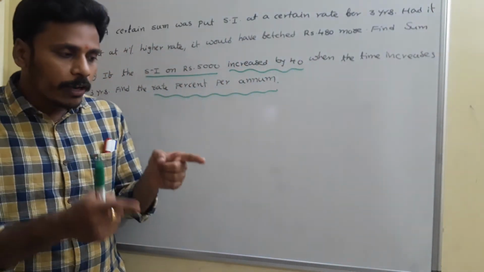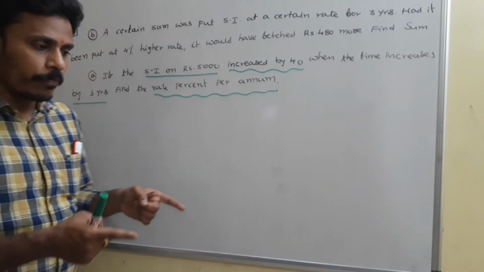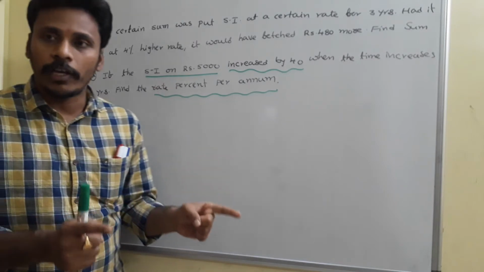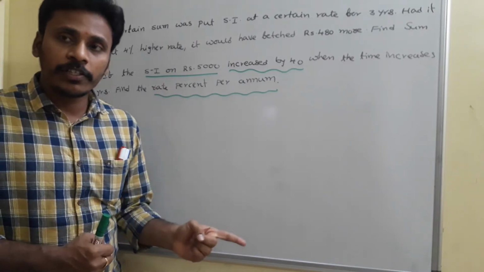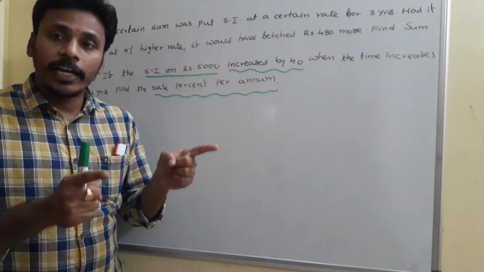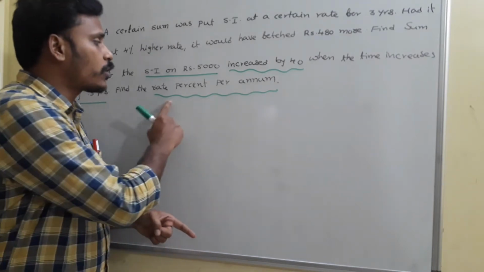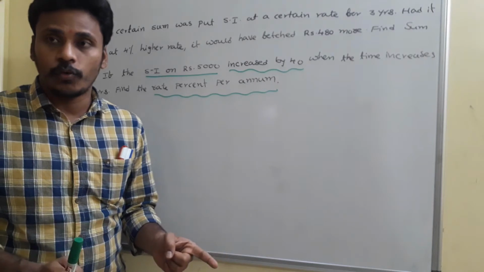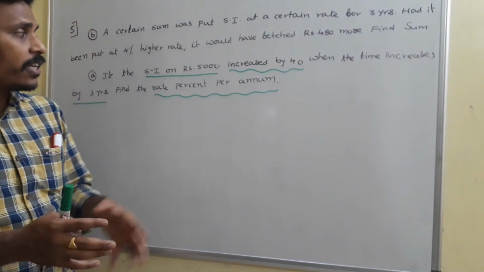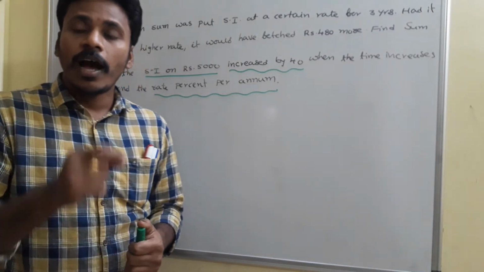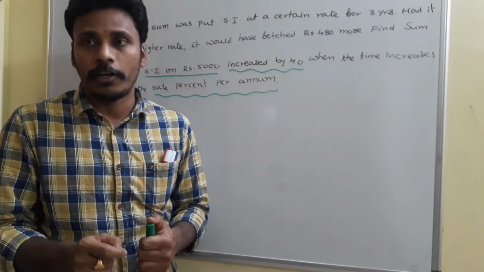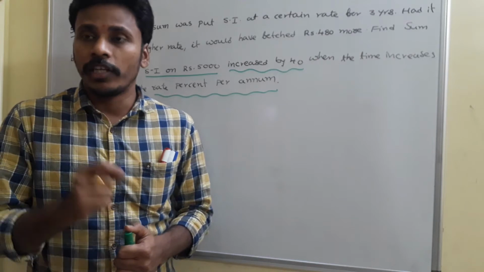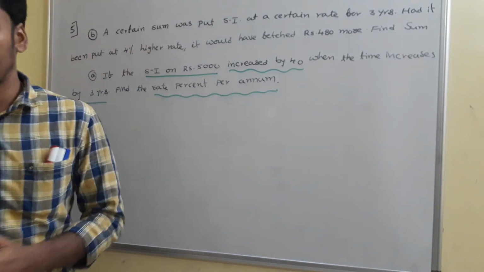So at the end, 2 different situations are there in the problem. In the first situation and the second situation, principal is the same, 5,000 rupees. And the rate of interest is also the same, and that is what we need to find. There is a difference of time of 3 years and a difference of the interest amount of 40, and that is what we need to solve. So just think about the way to solve it.